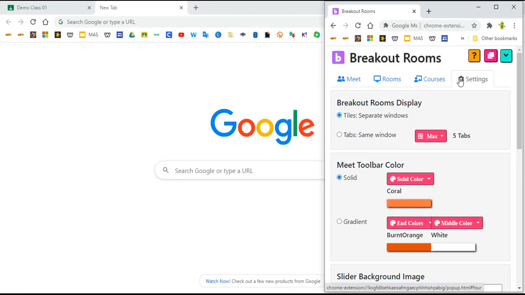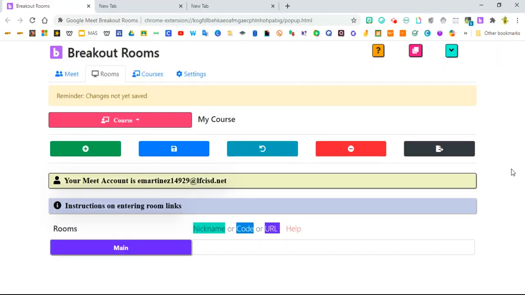To set up your Google Meet breakout rooms, you will click on the Rooms tab. Once you click on it, this is what you will see. Now you will notice that you have a main room, which is designed for you to use as a whole group with your whole class. You do not have to use this main room, but by default, it is set up and will not let you delete it. To create new rooms for your students to meet, you will have to click the plus sign